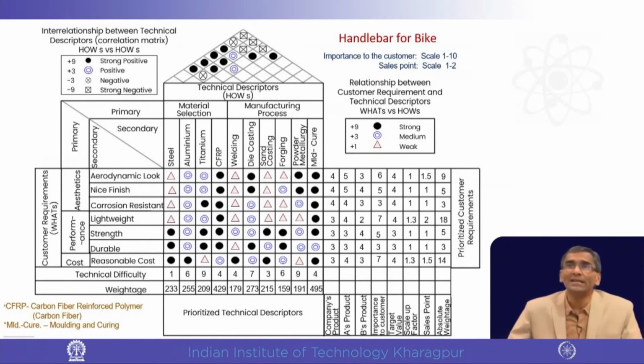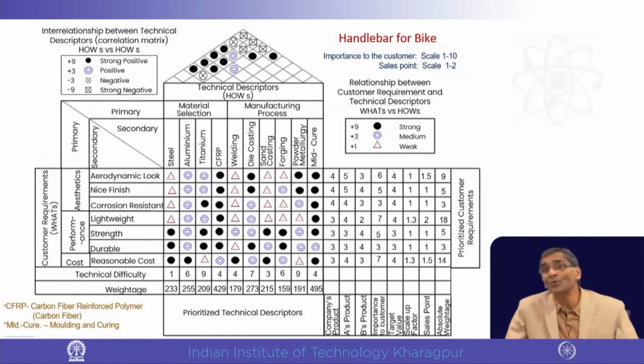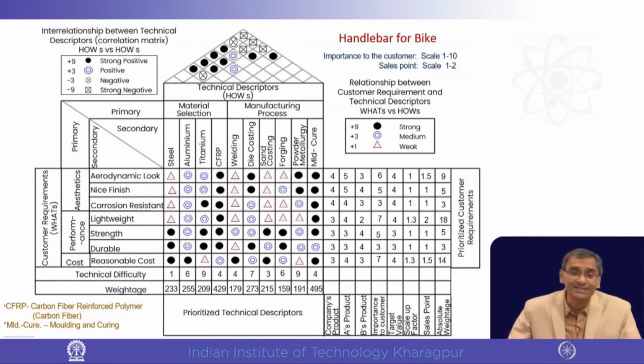It does not go with steel or aluminum or titanium. Similarly, titanium goes with powder metallurgy, steel does not go with die casting, aluminum goes with die casting. So, if you look at those intersections, you will find a solid black dot there. It is only for technical assessment, but it does not